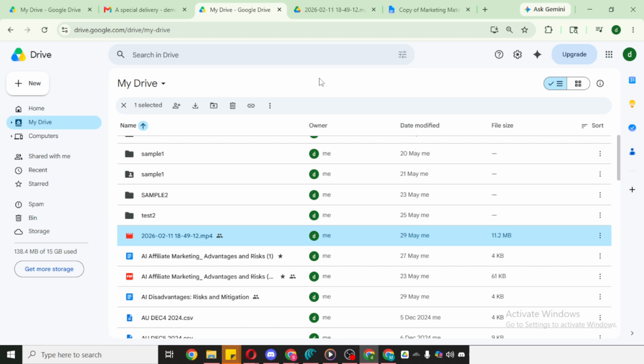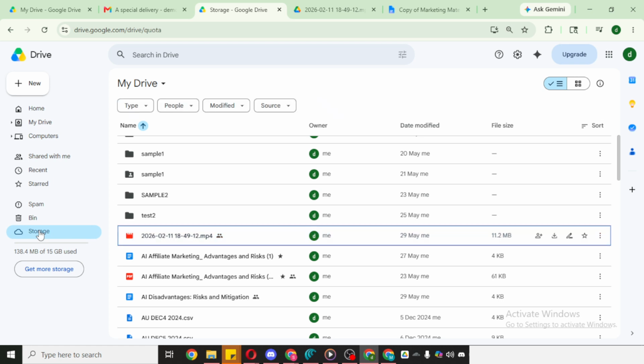At the top of the storage page, you'll see how much storage you've used and how much is still available. This total reflects your overall Google storage, which typically includes files in Drive, as well as items from other Google services tied to your account. It's a simple, reliable way to confirm how close you are to your limit.